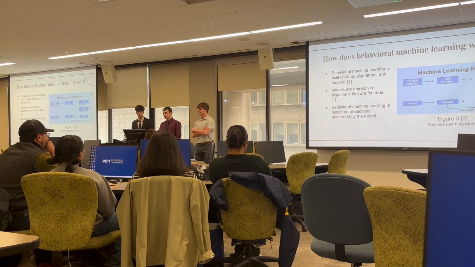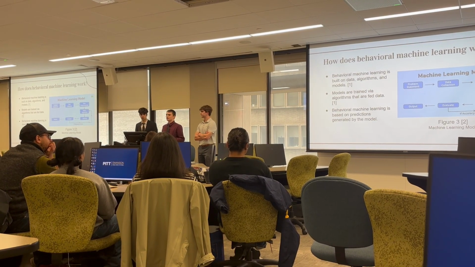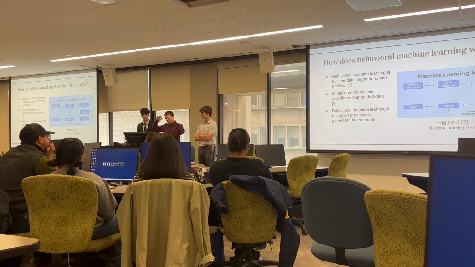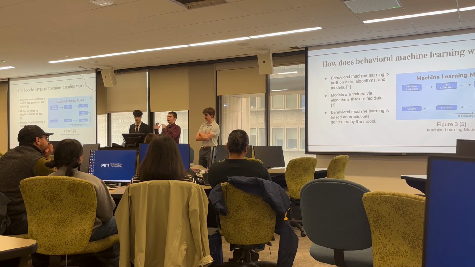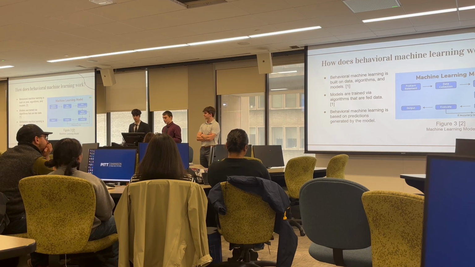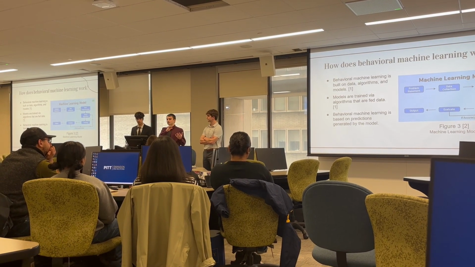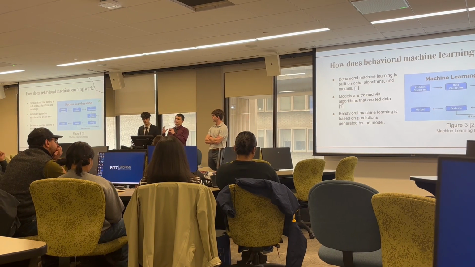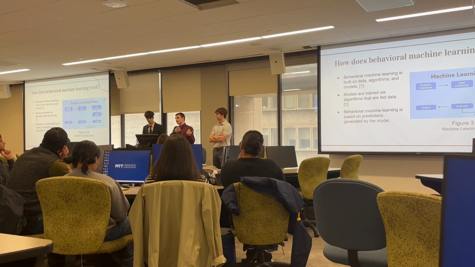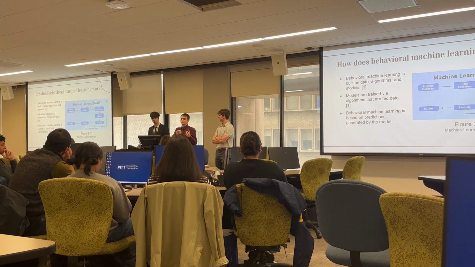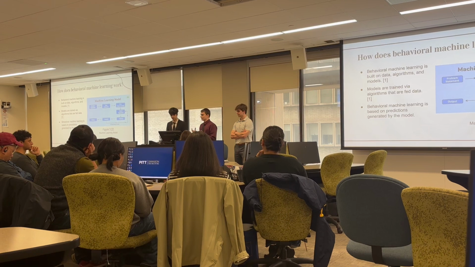So how does behavioral machine learning work? Behavioral machine learning is built on three main parts: data, algorithms, and models. Models are basically the entire thing, and they're built on the data being processed by the algorithm. So the way they work is, first you have the data from the problem statement that you're trying to find. Say you have fruits that you want to classify. You'll feed these into the algorithm, and then the algorithm will analyze the data and say you gave the data labels to begin with. So it'll bring that through and process that into a collection that it'll use for